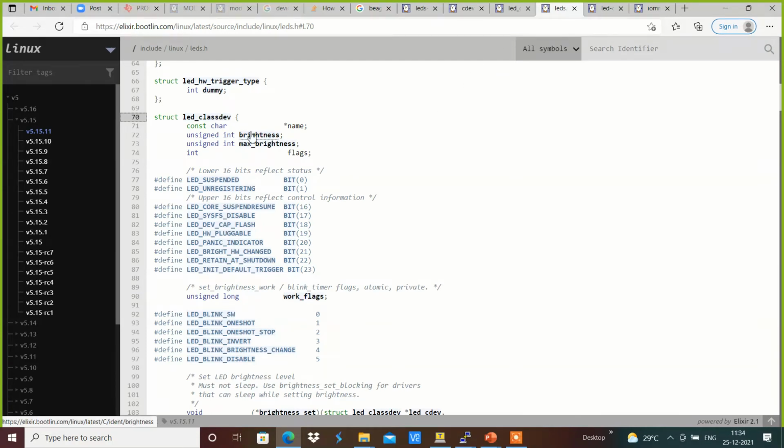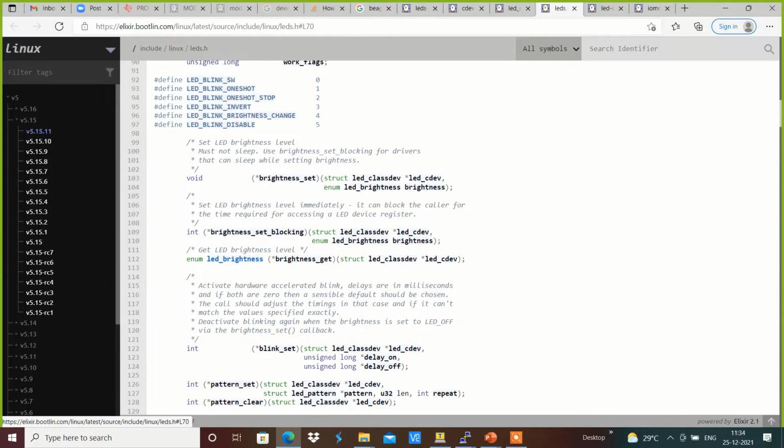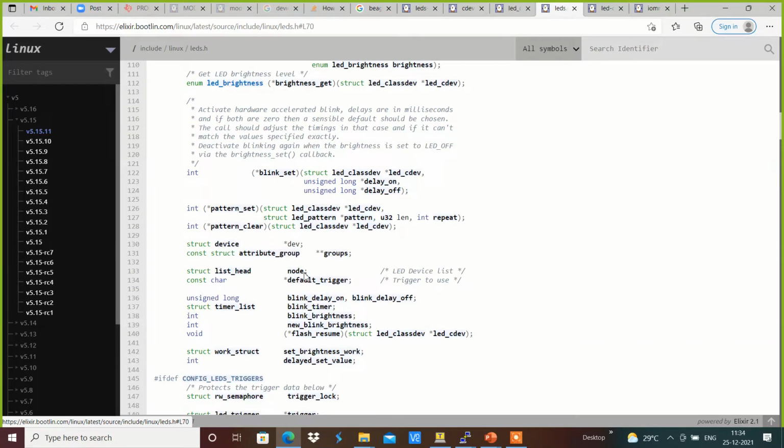Brightness and max_brightness is another attribute, and we have brightness_set, which will be called whenever we are accessing the brightness of the LED, and in the same way, whenever we try to read the brightness value, the brightness_get function will be called. This is very similar to reading LDD value, where the LDD_show function gets called, and whenever we are writing, the LDD_store function gets called in the sysfs attribute.